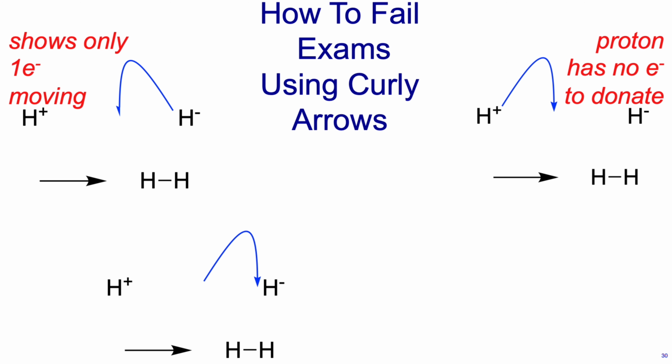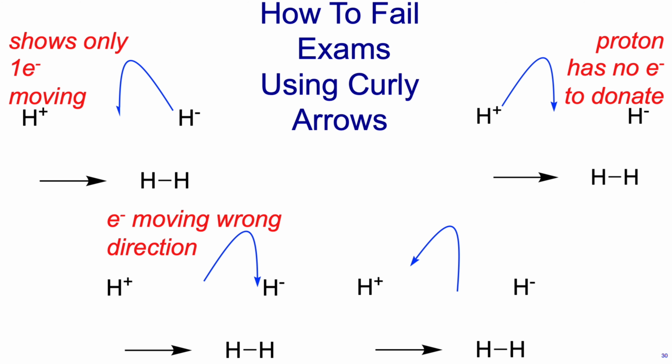What about this arrow? This arrow is starting from an empty space to a hydride. There's no electron from that empty space, so there's nothing to move. Good. And could the hydride comfortably accommodate another electron? No, it's full. That is a disaster. What about this arrow? This arrow is from an empty space to another empty space. Exactly. That one is a calamity as well. Students who don't understand arrows draw anything, hoping that the grader will be merciful. And they're not. They see through these arrows pretty quickly.